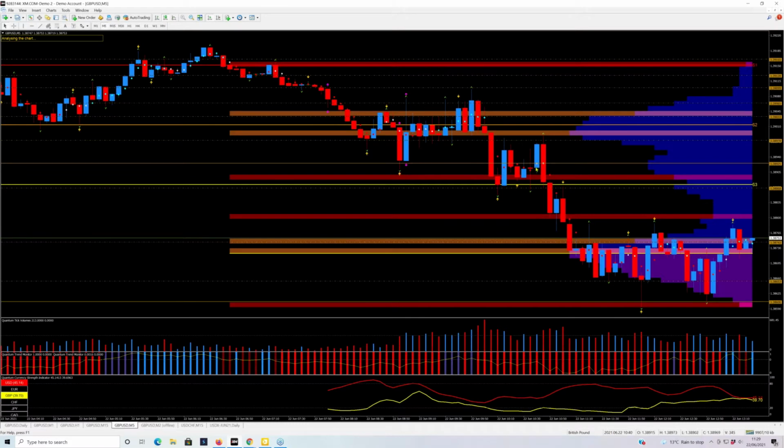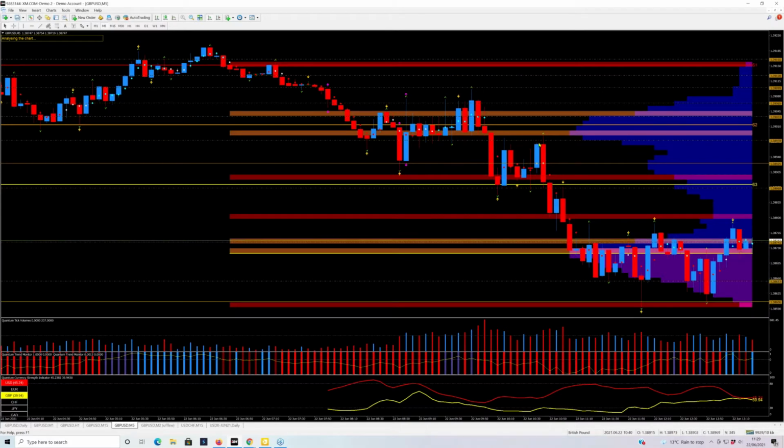Oh, the VPOC's moved down. That confused me for a minute. This is the volume point of view, which is volume, price, and over time, and it's dynamic. It marks those congestion phases, and you can see it was there a minute ago, and down it comes, which is actually good news because price action is above it, so maybe it's going to provide a nice platform for the price to move higher.